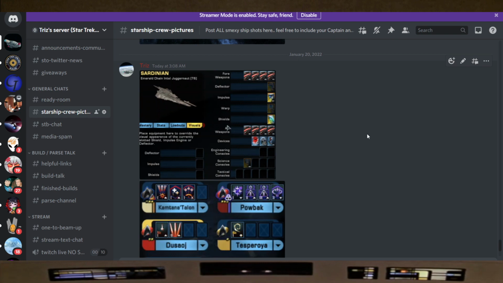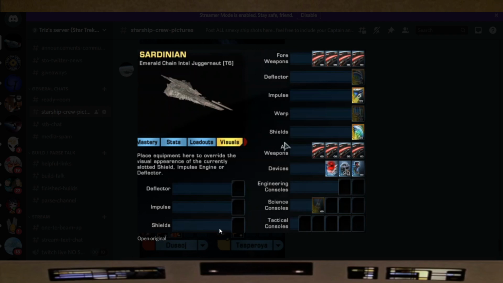And this is just quick on the fly, just my initial thoughts. Nothing too serious. We'll go over the blog again when it comes out, but this is just kind of like my first sort of two ECs on the two ships. First one we'll start with is the Emerald Chain Intel Juggernaut. Now,